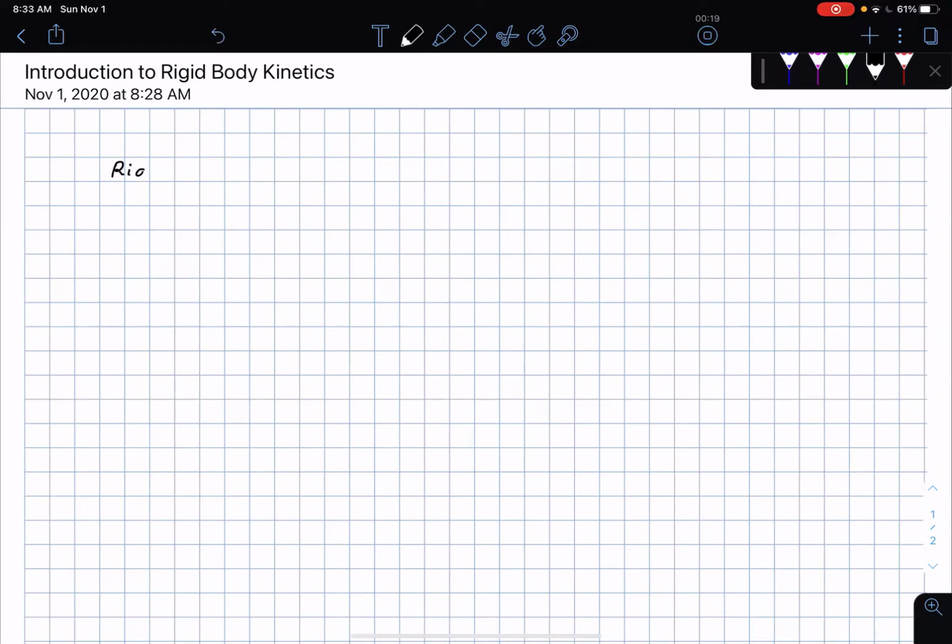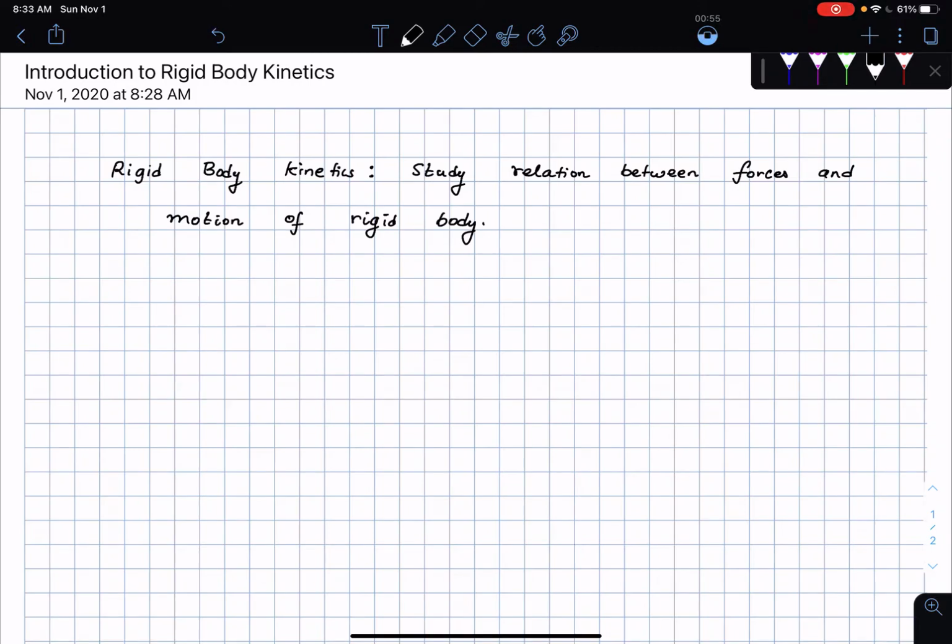Rigid body kinetics. And here we are essentially trying to study the relationship between the forces and the motion of the rigid body. Okay, so we study the relation between the forces and the motion of the rigid body. All right, and it is imperative that we know what the kinematics of the body is to do the kinetics